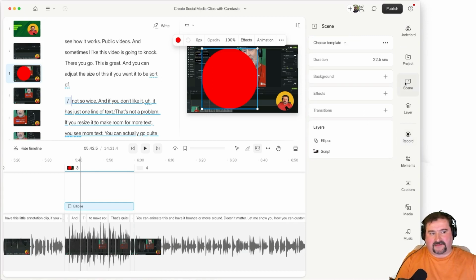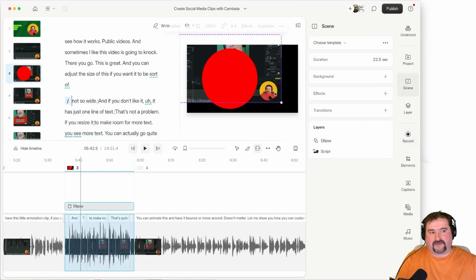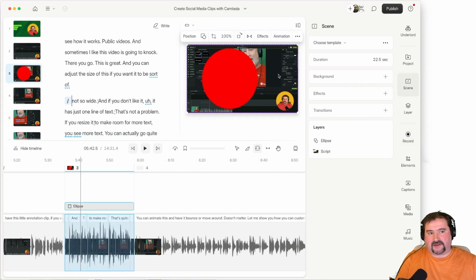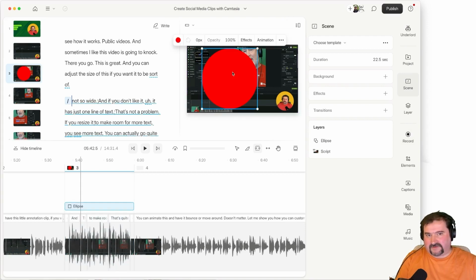If I'm in the scene tab, again, if I click on the script layer on the circle and I move stuff around, it does not switch context, which is, I think, one of the updates that are going to be made, because it is only natural. If I click on something, why do I click on it? I want to resize it maybe, or I want to change some of these quick properties here,